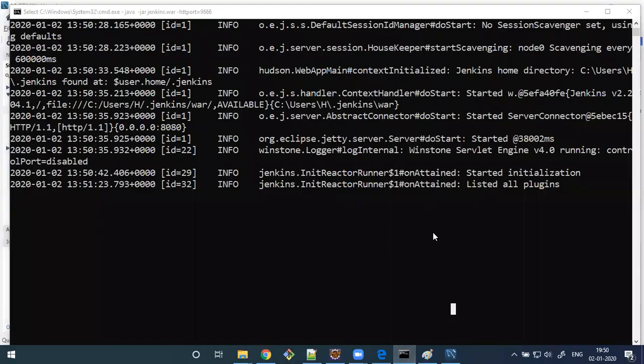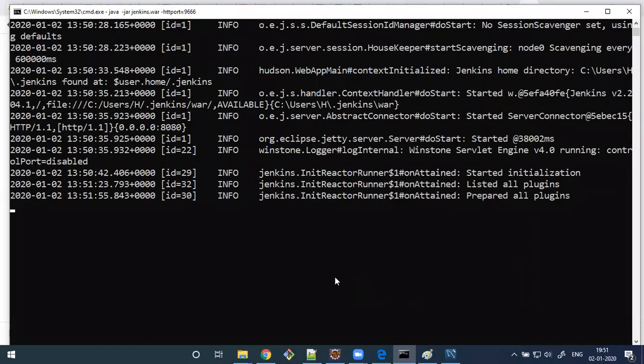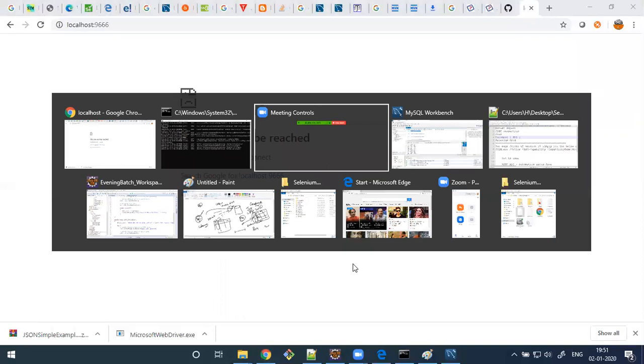Okay. So now this Jenkins seems to be up and running. Let me just give a try now. It is not starting. Sometimes if it's hanging, just do one click. Okay, so what I wanted to show you was